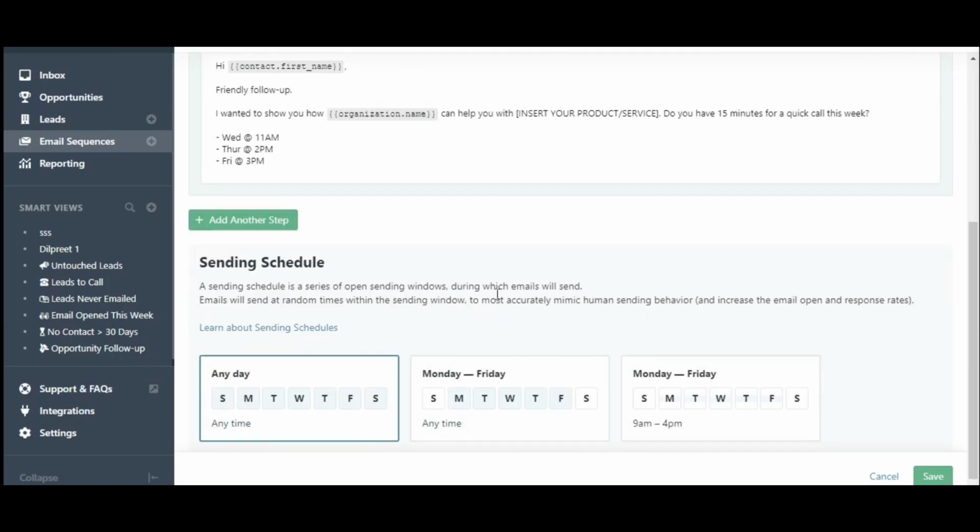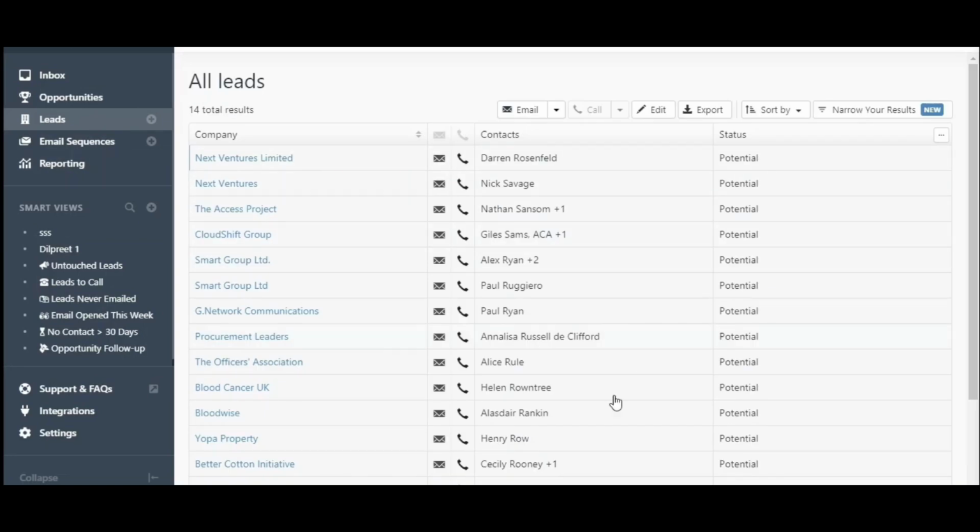And another step was scheduling a follow-up email. In this you will set up a setting for when and at which time you want to send the follow-up email, that is anytime, any day, or working hours. So you can automate this setting so that after 2 or 3 days, if the person is not responding to you, you can send the follow-up email. Now from there you can watch all of the leads which you have added there.